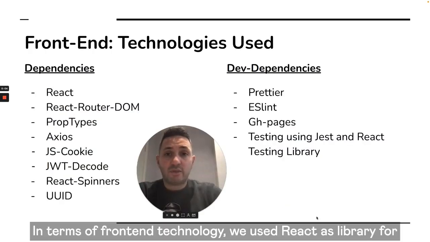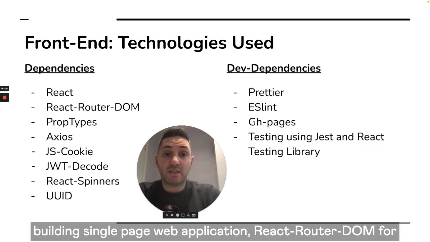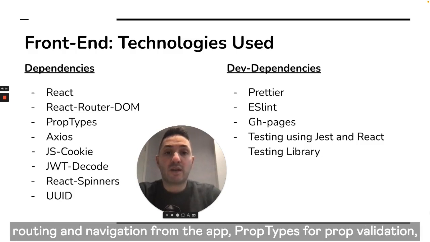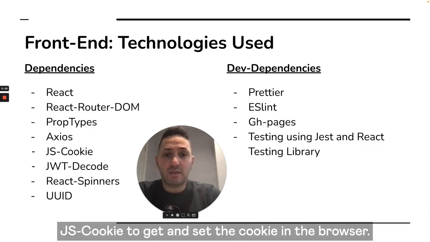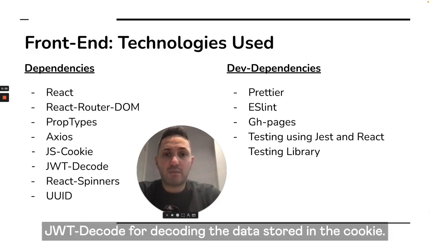In terms of front-end technology, we used React as a library for building a single-page web application, React Router DOM for routing and navigation in the app, PropTypes for prop validation, Axios for server requests and interaction with the backend, js-cookie to get and set the cookie in the browser, JWT Decode for decoding the data stored in the cookie,